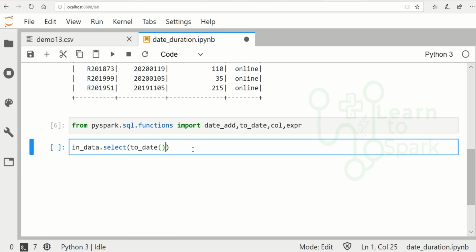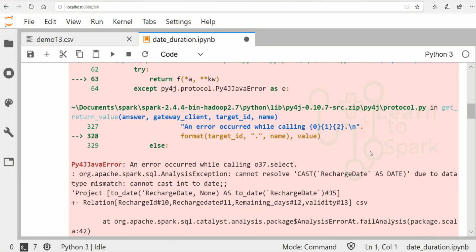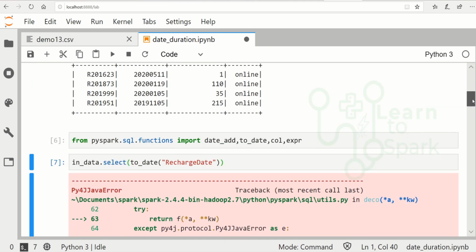So now let us convert our column recharge date from integer into date format. It will throw an error stating that the integer column cannot be cast into a date column. Here you can find it. The to_date function will accept only a string column.